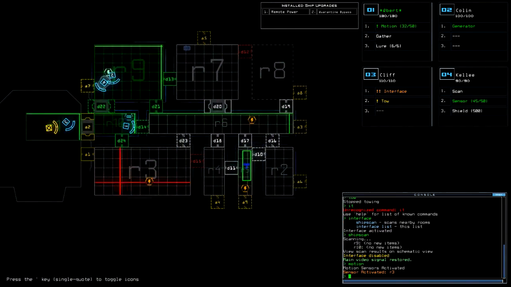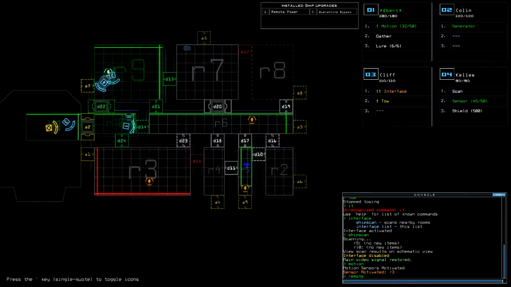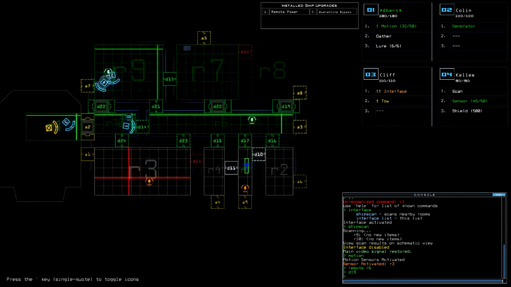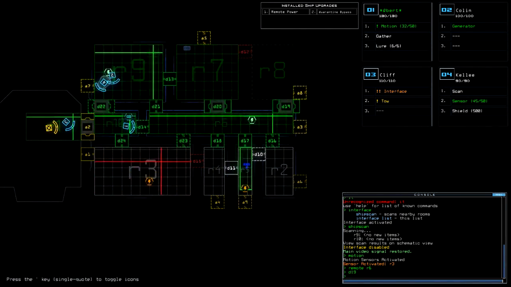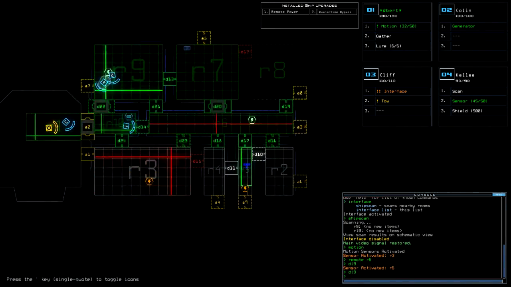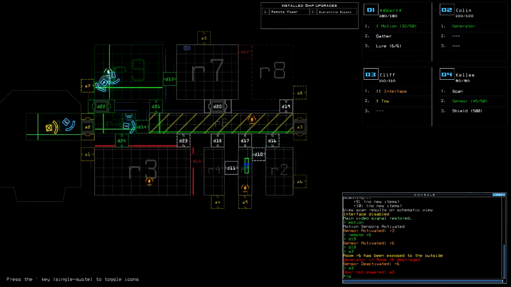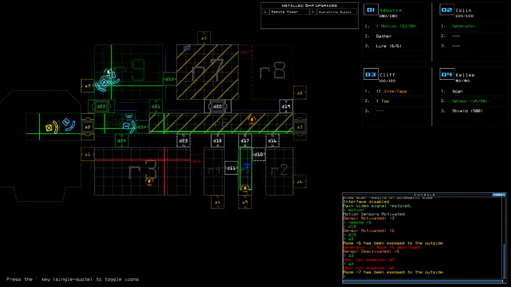Motion. Remote. Which one we want to remote? R6. Open D19. That might work. Yep. Open A3. Close A3. Close A3. Well, and